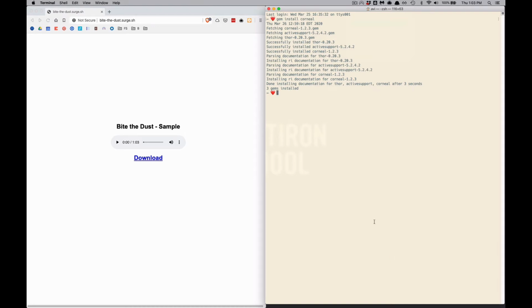Okay, so what I want to do now is explain how to build a Sinatra application and go over how I think about planning it and organizing my code. And the application we're going to build is something I've been wanting to do for a while, which is